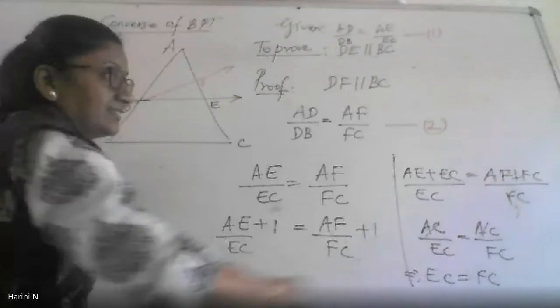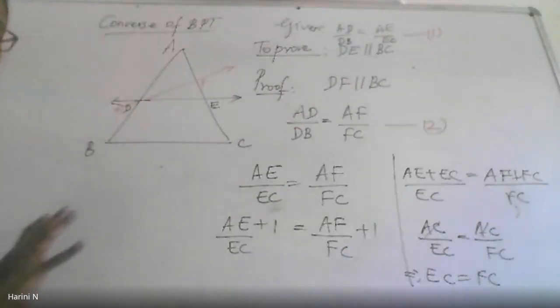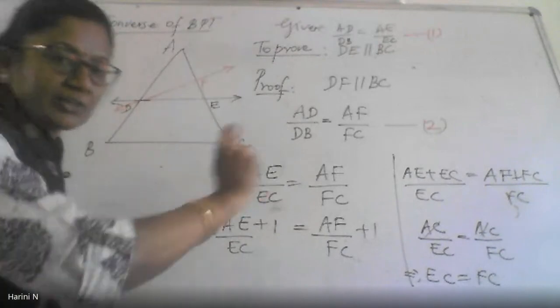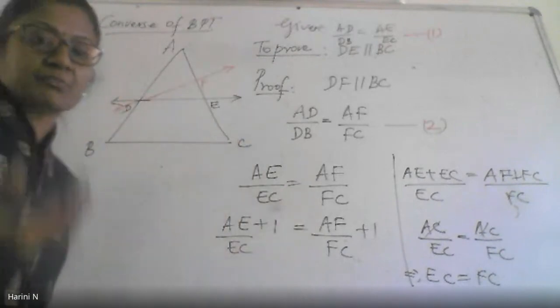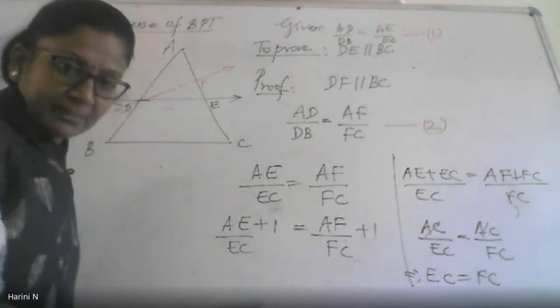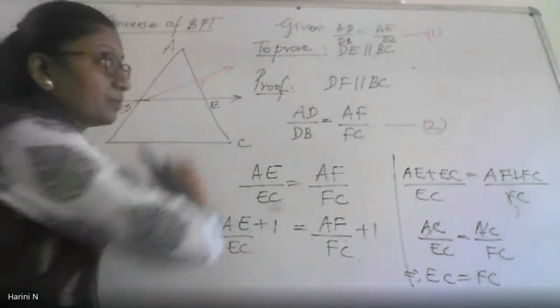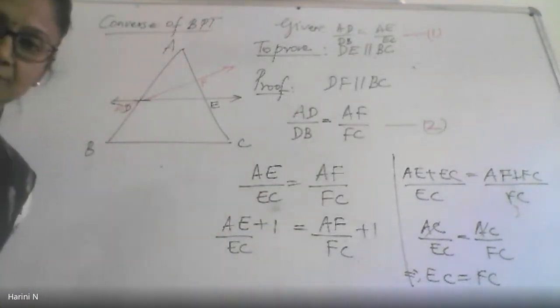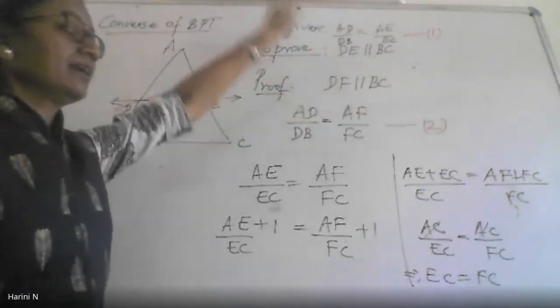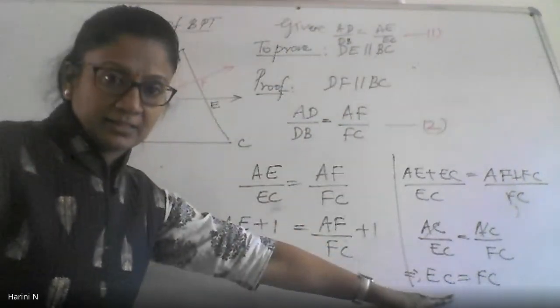Don't copy this. This is only an explanation I am giving you. The proof is available in the video because all the written things I have avoided. I have spoken more and written less. But I have exactly said what is the proof. This is a proof by contradiction. Starting with a wrong assumption, ending with a false conclusion.